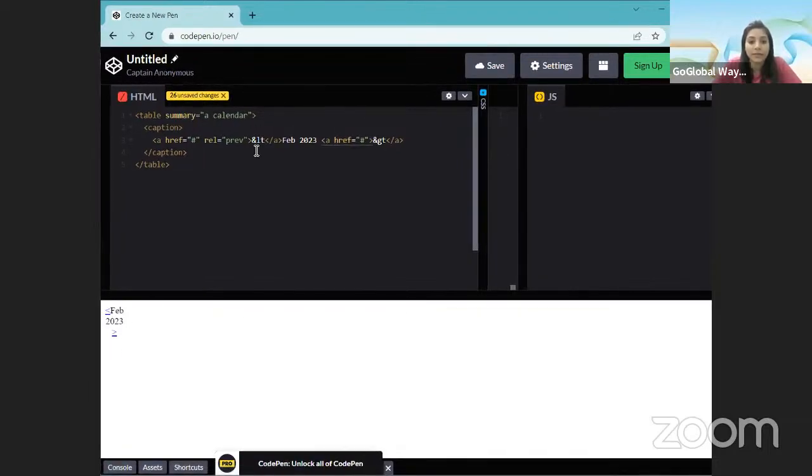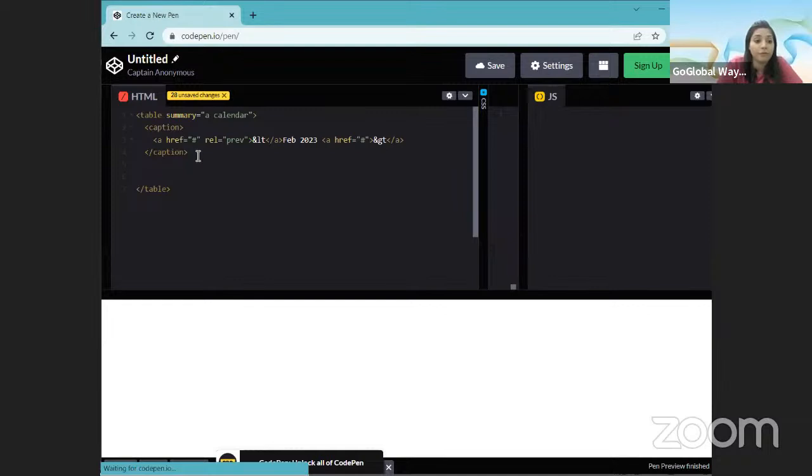Okay, and these are the links. I did not align it yet, so that's why it's showing like that. Now, the next part, I am making the T header, because the header of my